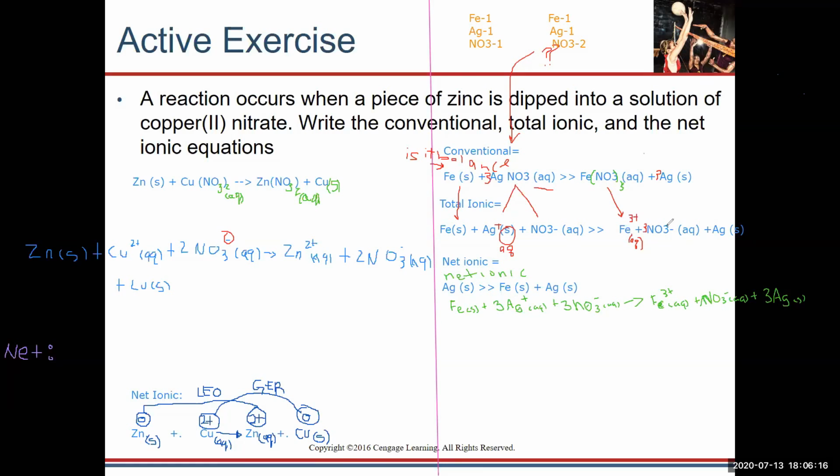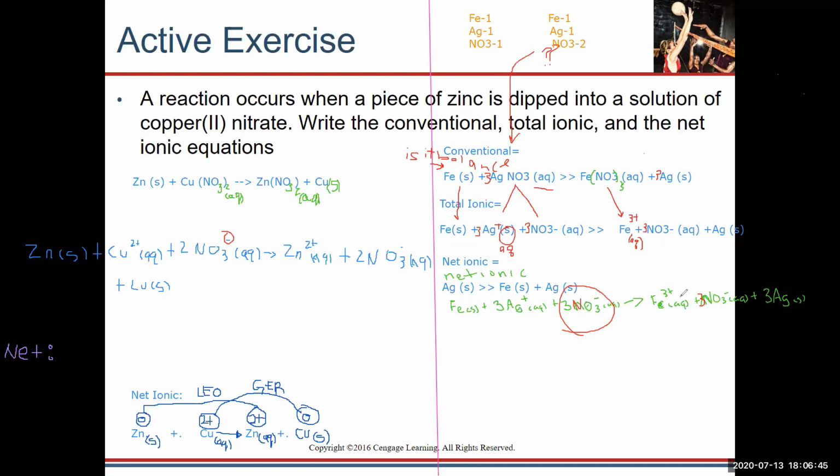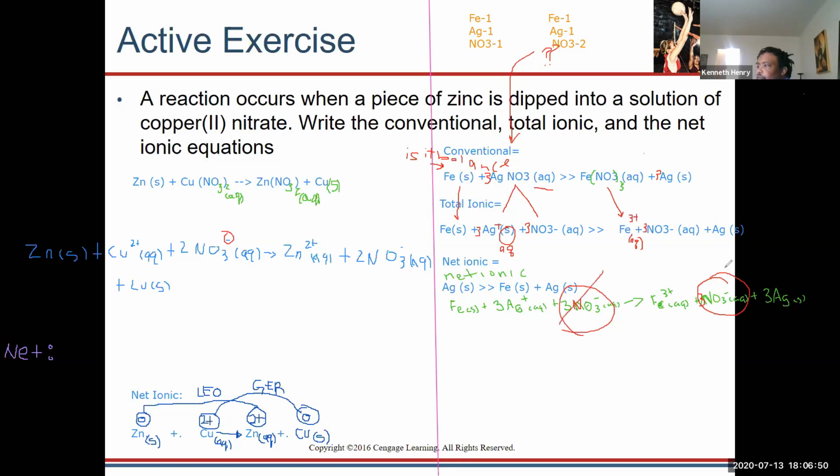Okay. So then our net ionic equation. So how many of these guys do we have? We have 3. Right. And 3 of these guys. Yeah. Okay, so we have 3 and then 3 of these guys over here, right? So this guy and this guy are exactly the same. They're spectators. So then our net ionic equation is going to be